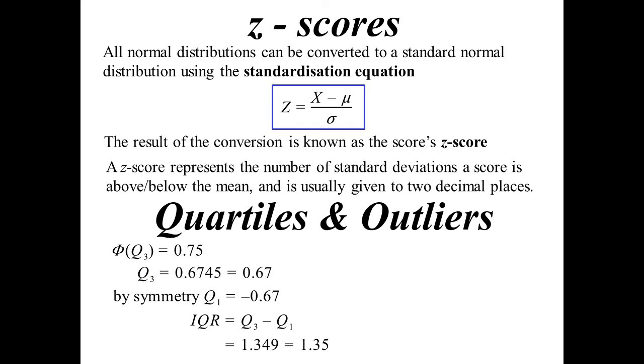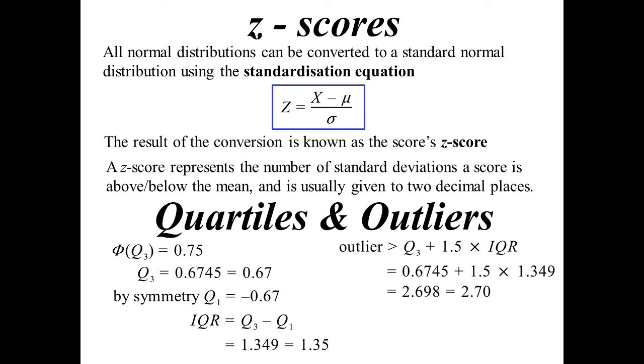Difference between Q3 and Q1. And so it would be 1.35. Now, an outlier. You remember your definition for an outlier was 1.5 times the interquartile range above Q3 or below Q1. So in our standard normal distribution, anything with a z-score more than, well, to 2 decimal places, 2.70 would